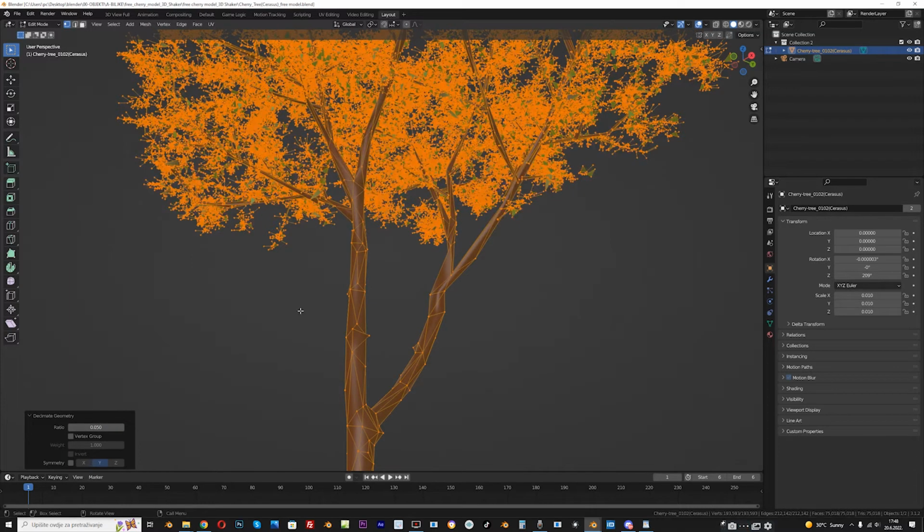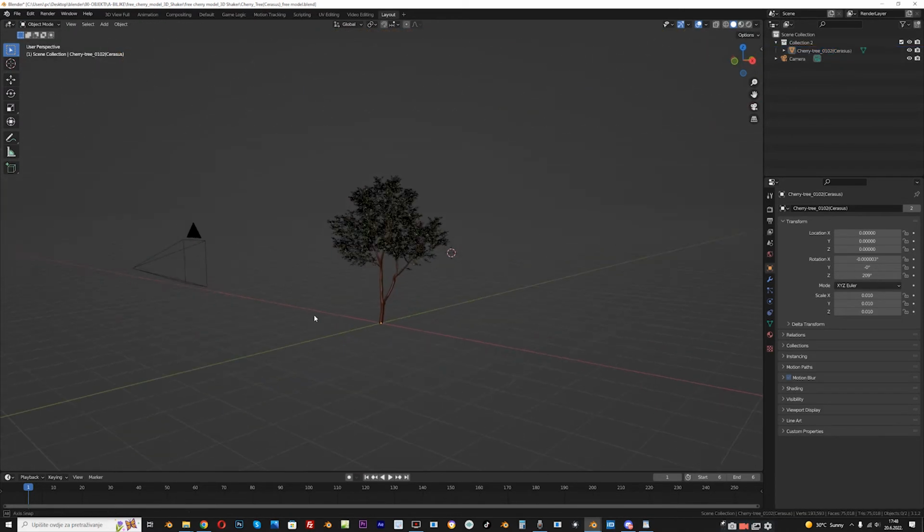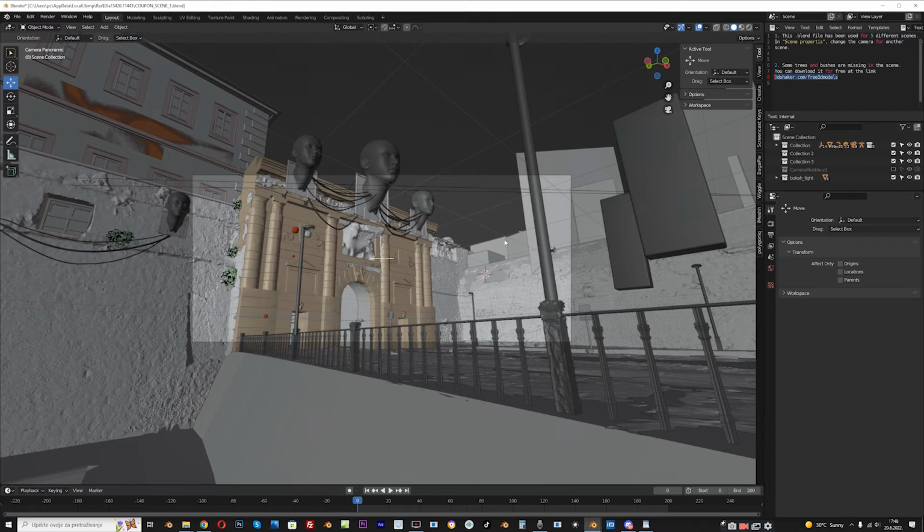Now this object is more low poly, but if you look from afar you can see that it still looks good. So we can now copy this object and paste it into our scene